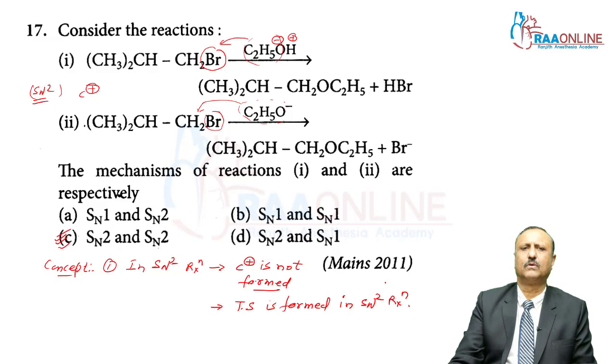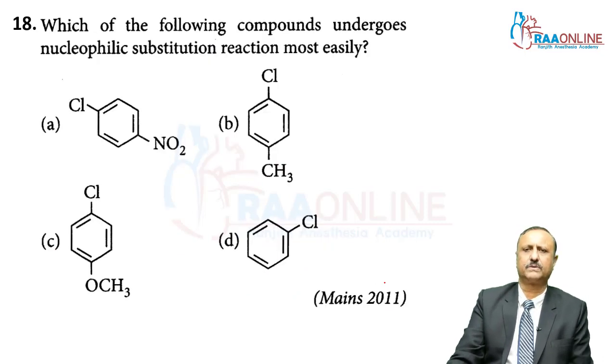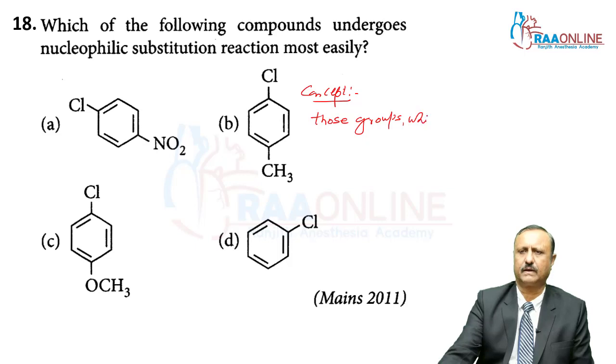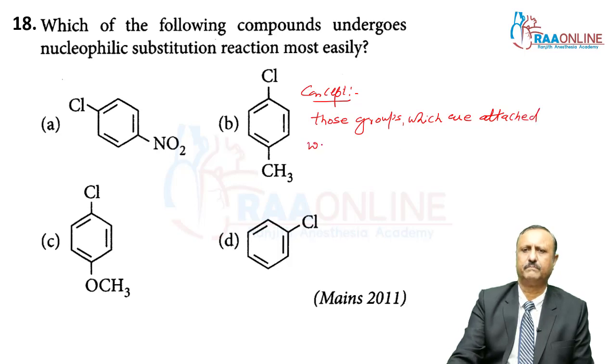Now, my dear students, we go to question number 18. Which of the following compounds undergoes nucleophilic substitution reaction most easily? My dear students, the concept of those compounds is this. Those groups which are attached with the benzene ring,